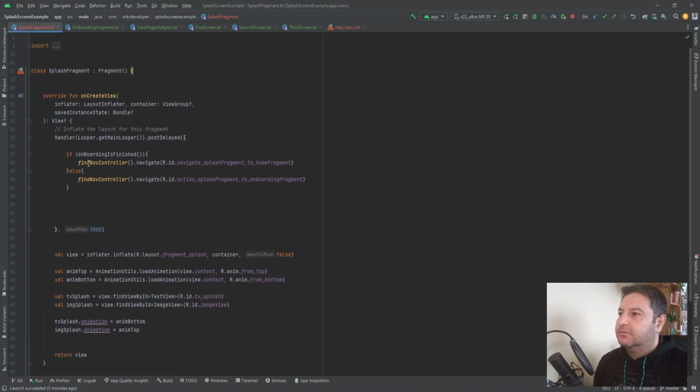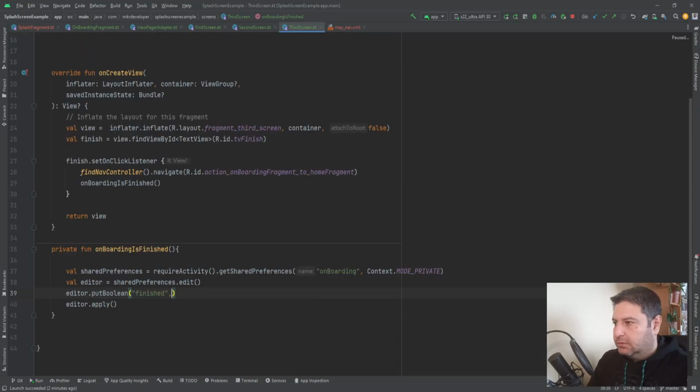Based on the state, we are going to the home fragment or to the onboarding fragment. This one should be true,